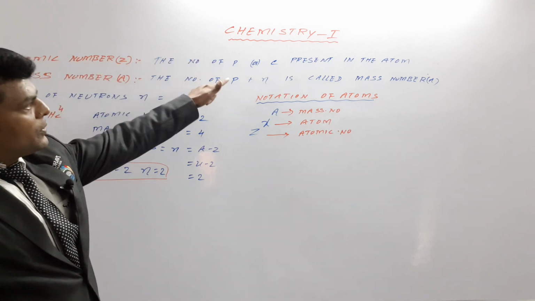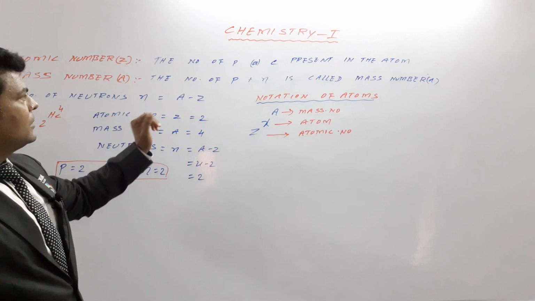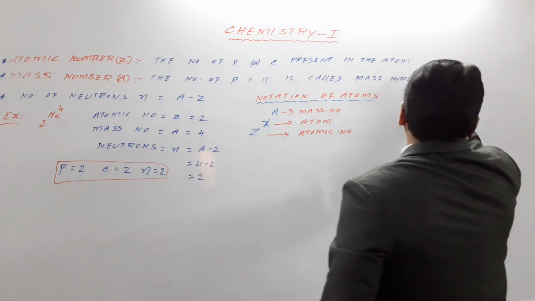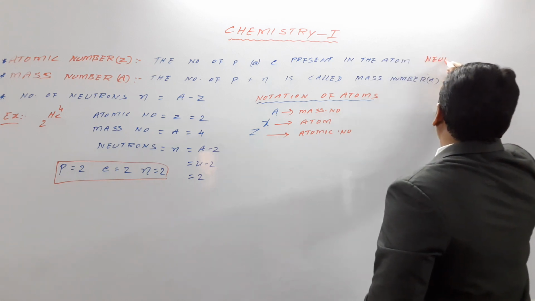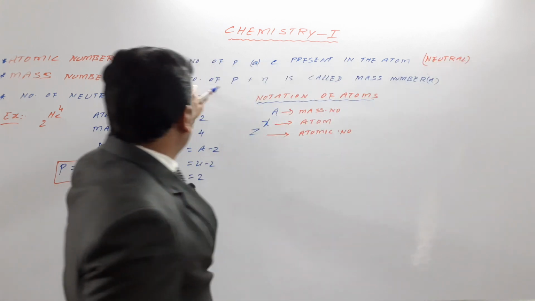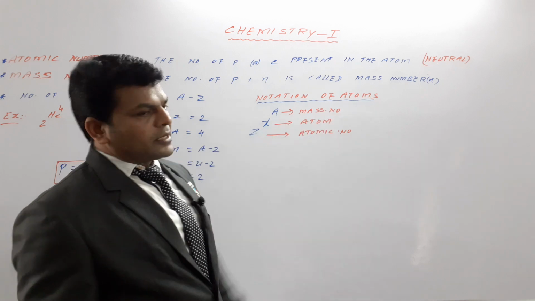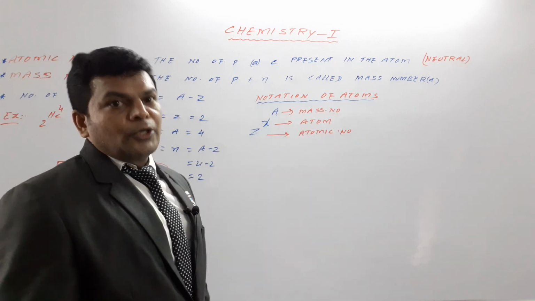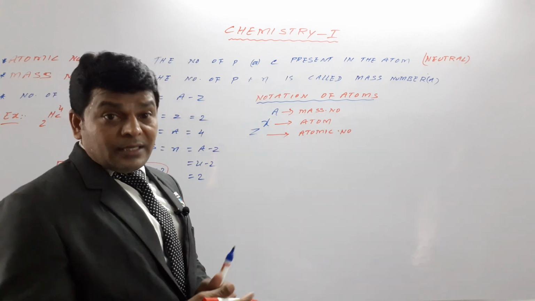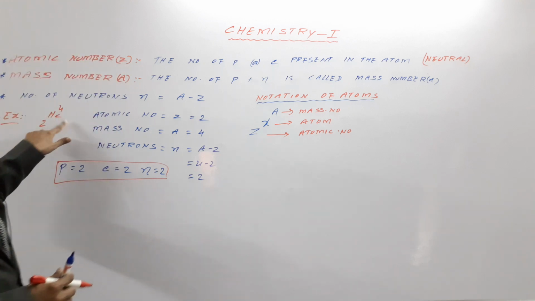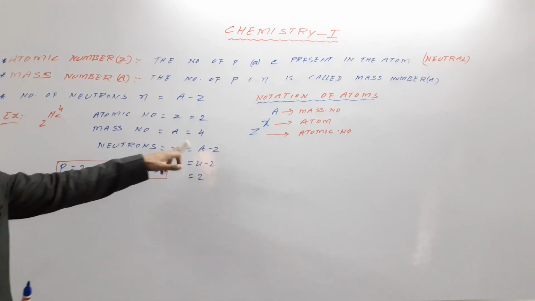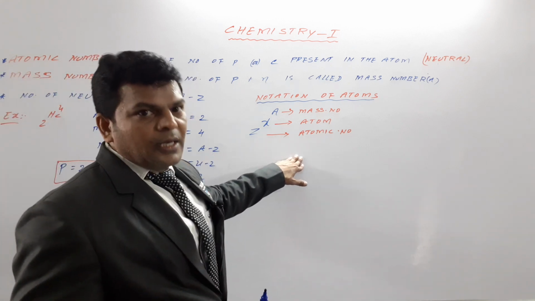So what I meant to say is, the number of electrons or protons present in the atom is nothing but the atomic number Z, if the atom is neutral. The number of protons plus neutrons is called the mass number. That is the nucleus; they are present in the nucleus, so protons plus neutrons are called nucleons. Here, taking the example of He, atomic number Z is 2, mass number A equals 4, and the number of neutrons N equals A minus Z. This is the way we may write the notation.